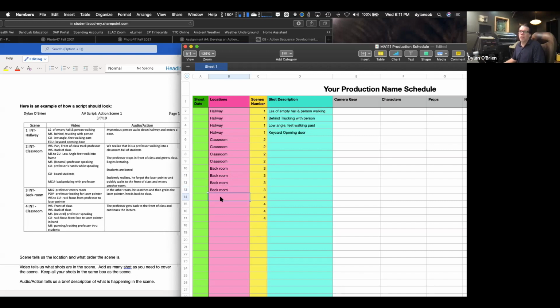And then scene 4 is back into the classroom. Okay, so let's just say, for sake of argument, I filled all this out. I've got all the shots here, all the scene numbers, the locations, and I've filled all this stuff out, right? Now, if I want to organize it in the way I want to shoot it, I can move stuff around